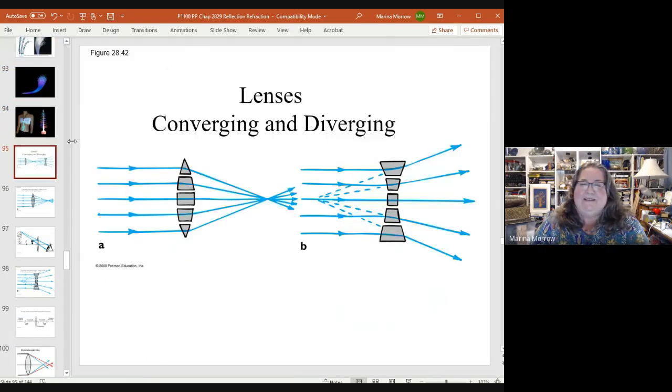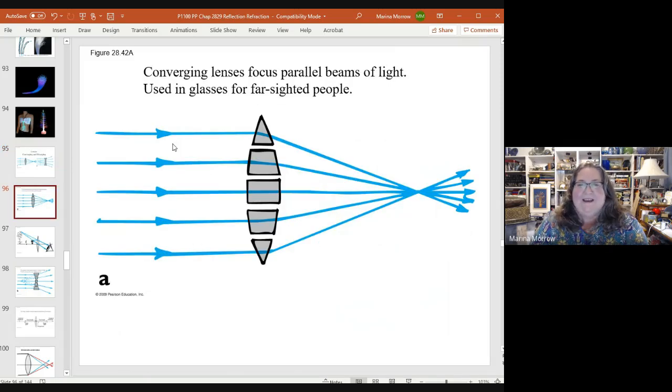Okay, now for lenses. Lenses come as converging or diverging. And for converging lenses, they do what they say. They converge light. Okay, so converging lenses, parallel beams of light come in, and it gets converged down to a point. And this is good for glasses for far-sighted people, because people who can see far away, they can already see really well